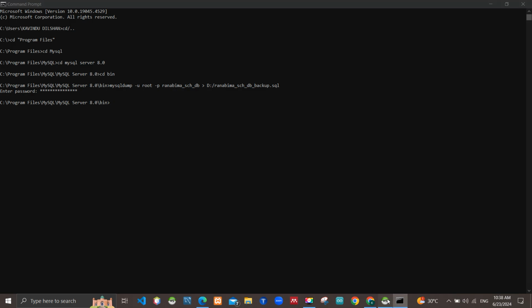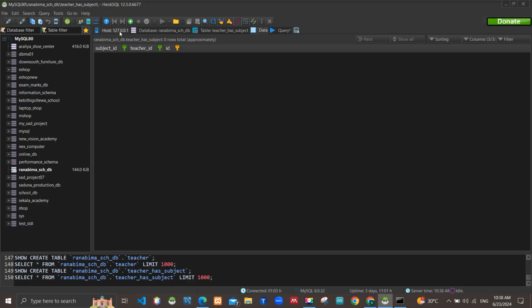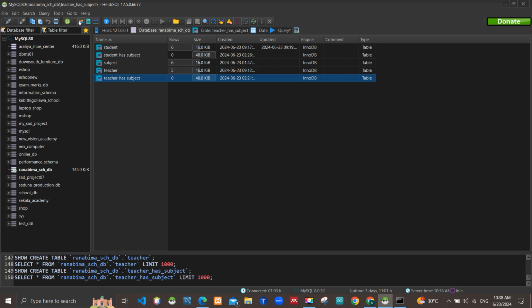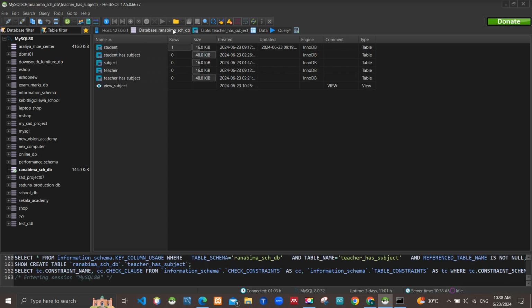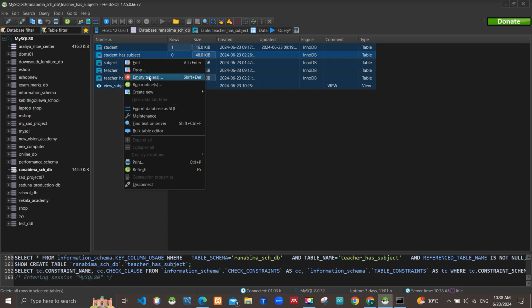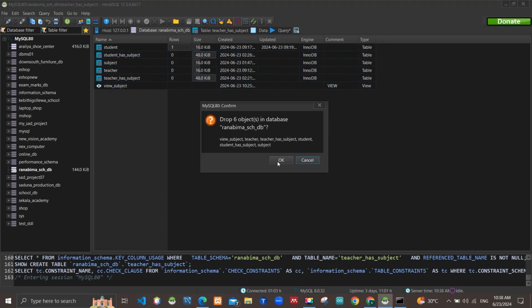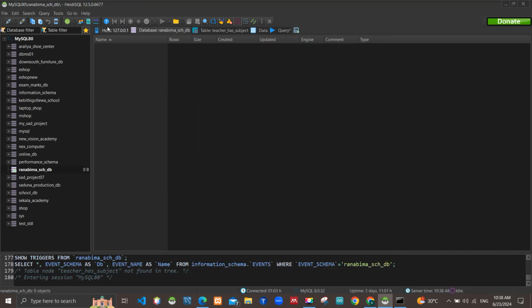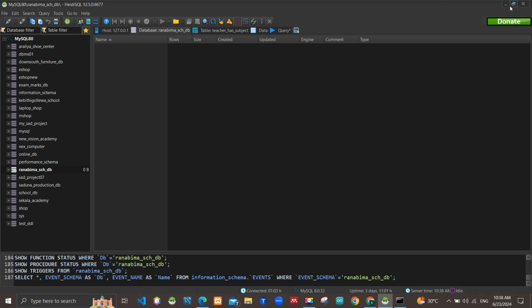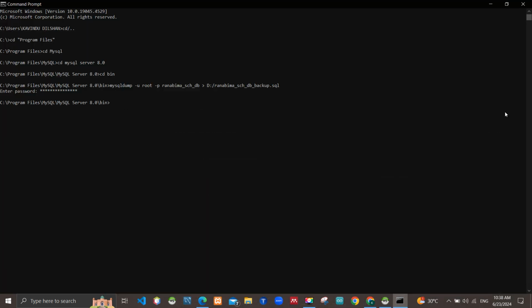How to first delete this data from this database. Here's the database. Select all of this and drop it from the run school database. Okay, there are no data tables here. From here, on the bin folder, I'm taking my